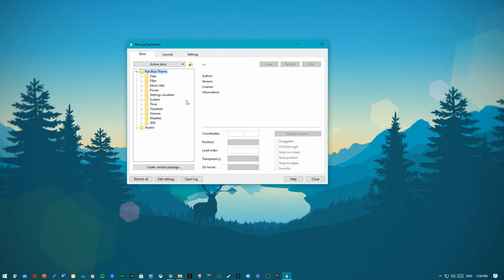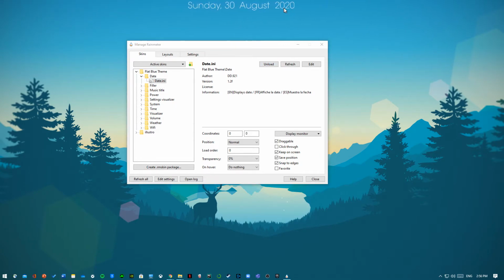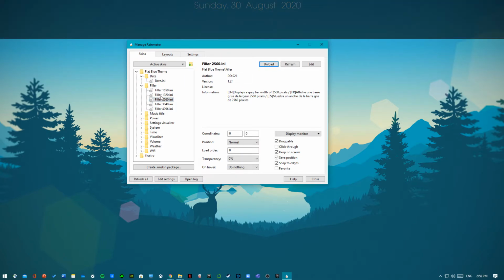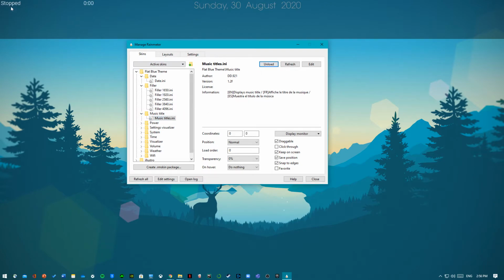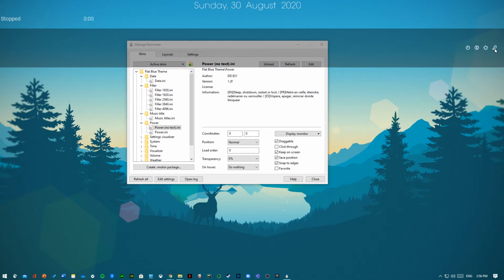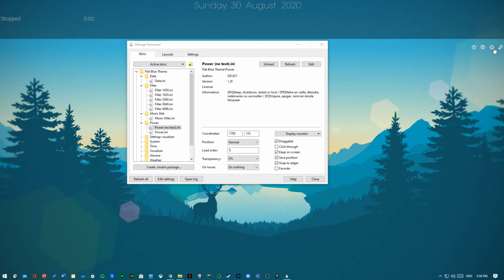and now we have to load the skins starting from the date. You can just load it, put in the middle, the filler, load. Now I would like this, it's lighter. The music, you can drag it here. The power, this one, be careful while dragging it because these keys will turn off or restart your computer if you hit them. So just hold and drag,